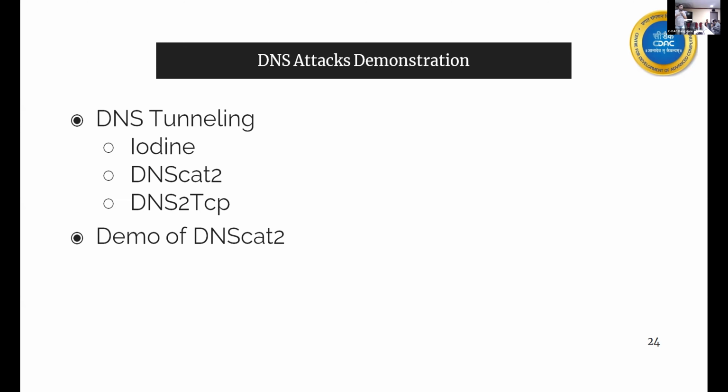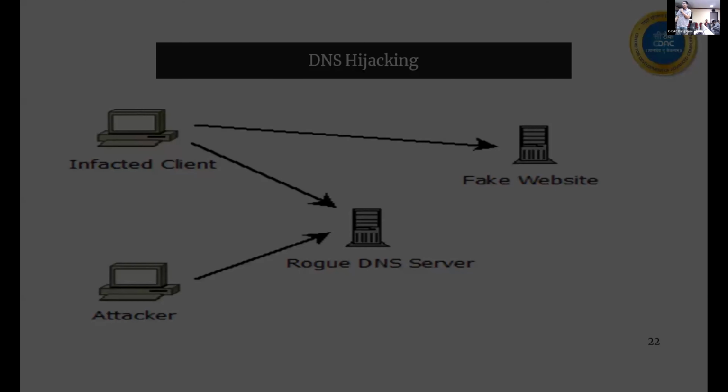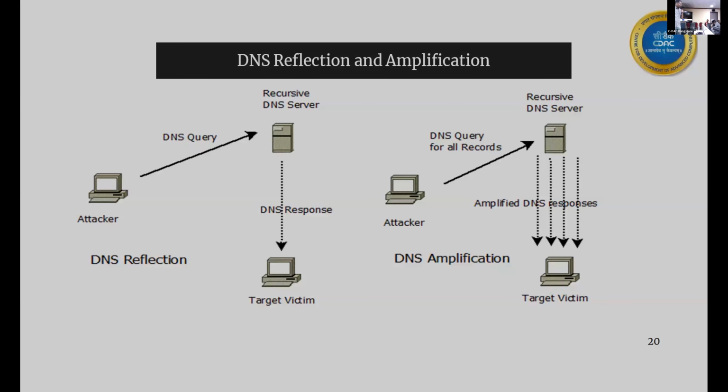Okay, so one more attack. This is the second category: attacks exploiting DNS infrastructures. Besides the DNS tunneling attack, we have one more attack called DNS reflection, which I showed you earlier. Let us try to demonstrate how this DNS reflection can be done on a LAN environment. It can be done on a WAN also.